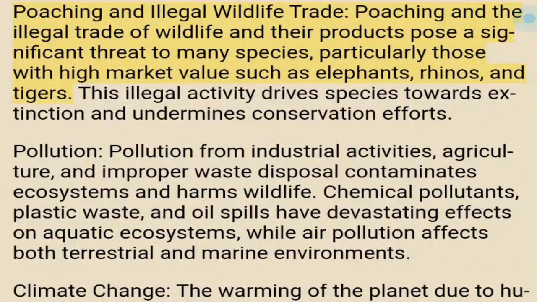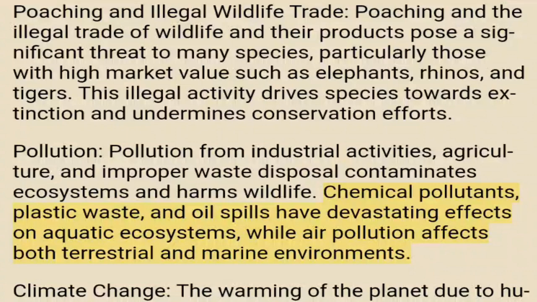Poaching and illegal wildlife trade. Poaching and the illegal trade of wildlife and their products pose a significant threat to many species, particularly those with high market value such as elephants, rhinos, and tigers. This illegal activity drives species towards extinction and undermines conservation efforts. Pollution. Pollution from industrial activities, agriculture, and improper waste disposal contaminates ecosystems and harms wildlife. Chemical pollutants, plastic waste, and oil spills have devastating effects on aquatic ecosystems, while air pollution affects both terrestrial and